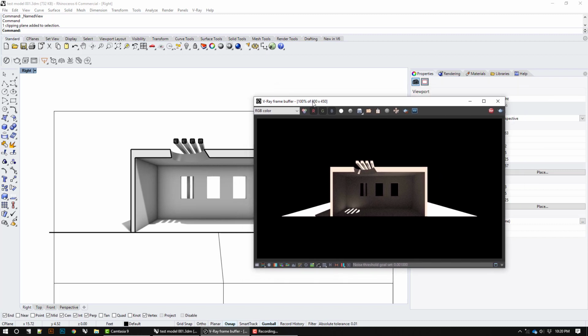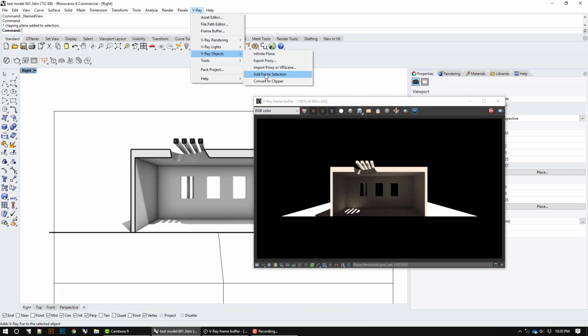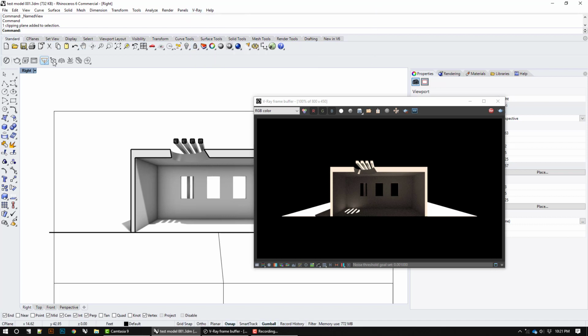The way we used the clipping plane before, we made a plane and then we went into VRay and converted it to a clipper. The thing that I found works best for everybody is if you use the VRay tools here and make a clipping plane here. If you don't have those VRay tools, you can go to your little gear up here and go to